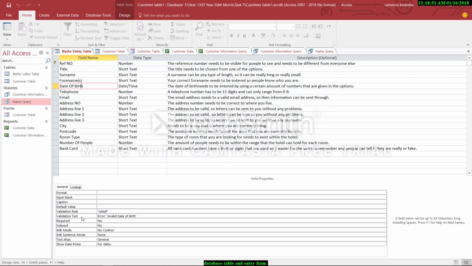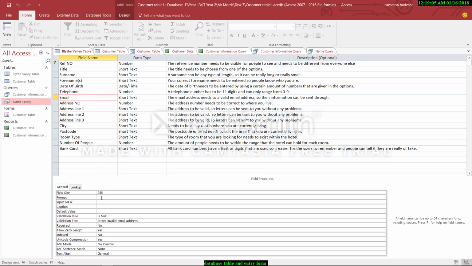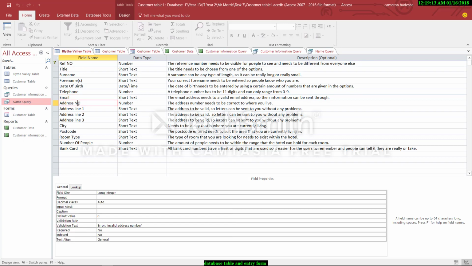Date of birth, validation rule is null, validation text is error, invalid date of birth. Telephone, which is long integer field size, has no validation rule, has a validation text from 0 to 9. Email address is 255 field size, validation rule is null, validation text is error, invalid email address. Number is long integer, field size, no validation rule, validation text is error,